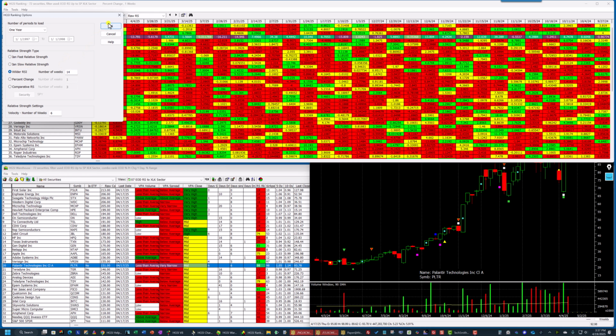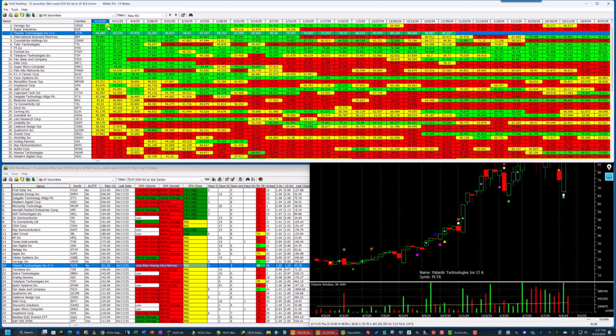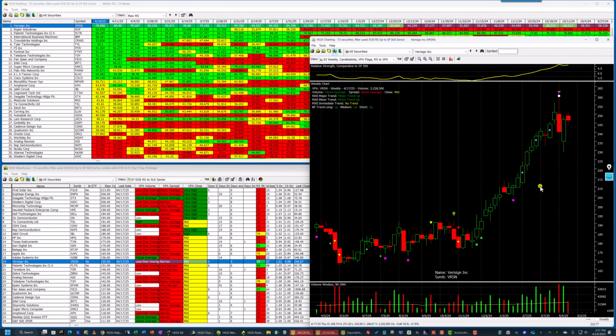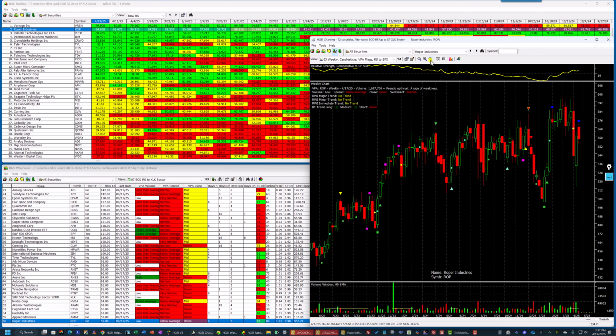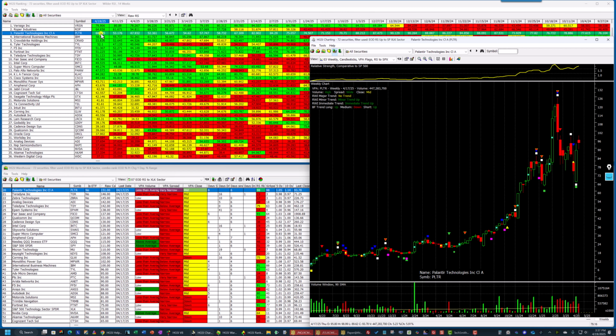Now, as I showed last week, another way I use this ranking module is I use Wilder relative strength 14 weeks. And what this does is it shows me the strongest charts within a group based upon Wilder. Now look at VeriSign here. Yes, this is a weekly chart, but I'm using Wilder 14 weeks, and look how strong this chart is. Roper Industries is number 2. Not nearly as pretty, but based upon the criteria, it is one of the stronger charts. Planetaire,